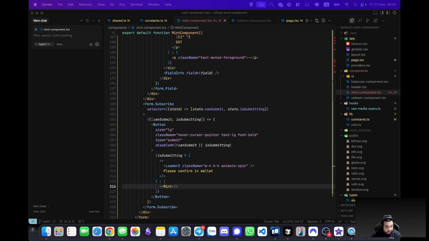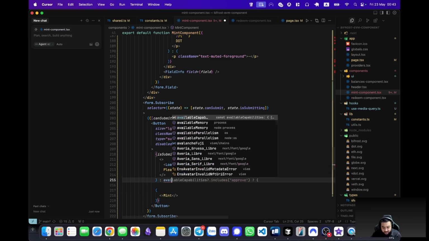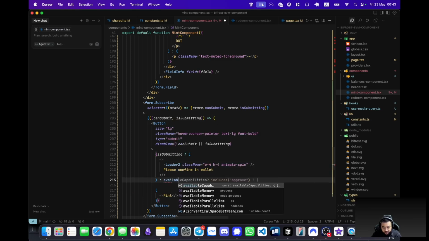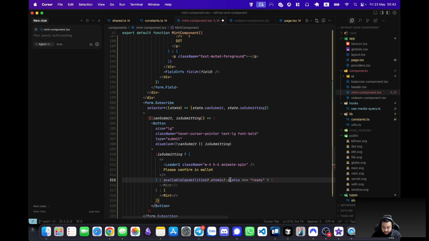Right, so what I'll do, and this is gonna be a little tricky, is available capability, right? Atomic status that is not equal to supported, right? So if it's unsupported or undefined or whatever it is,